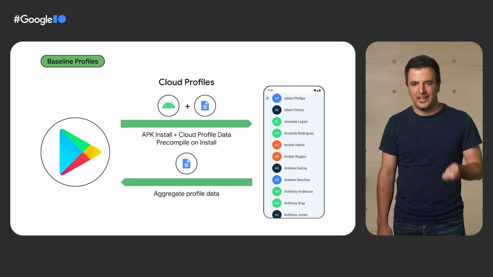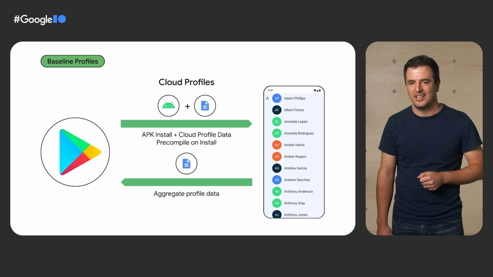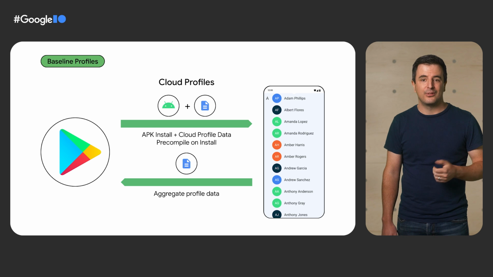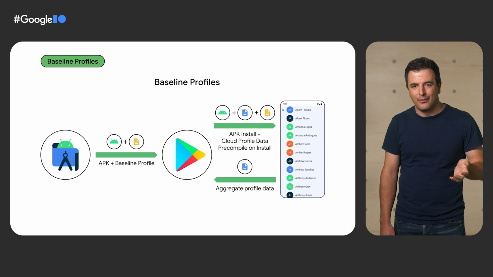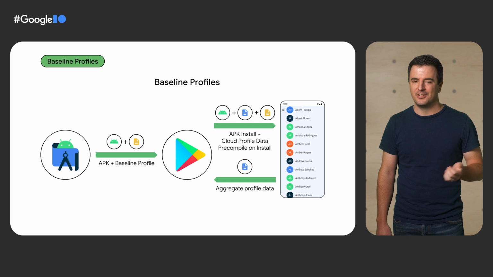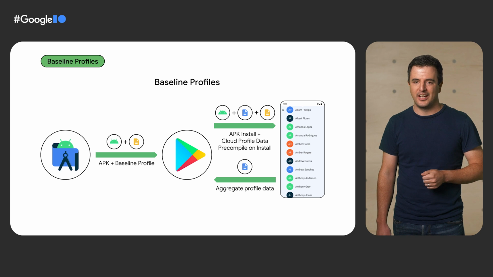If you frequently update your app, roughly more than every 2 weeks, your users may never see this benefit in action. Every update to your app also clears the existing Cloud Profile data. A baseline profile is a way to provide this list to the Play Store yourself. That is, to provide a baseline. When a user downloads your app, the Play Store will include your baseline profile to ensure at install time there is always profile data available, so the runtime knows what to precompile. It will also continue to aggregate the Cloud Profile data over time to improve it further.